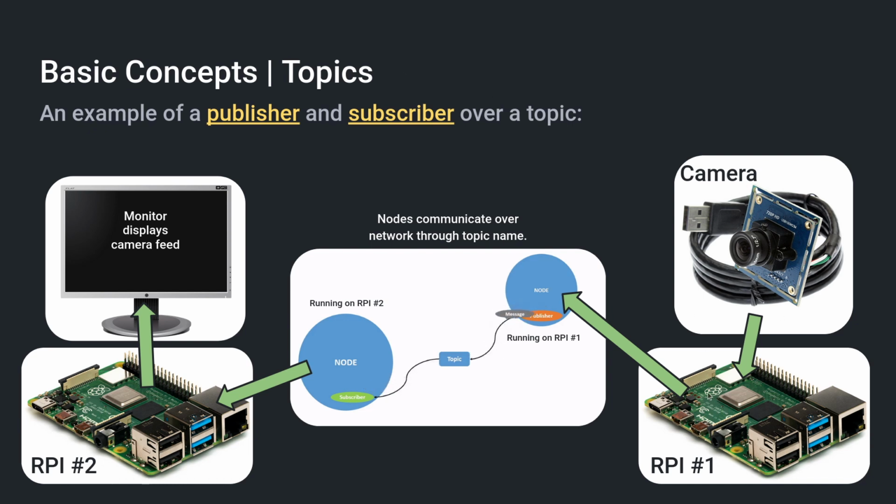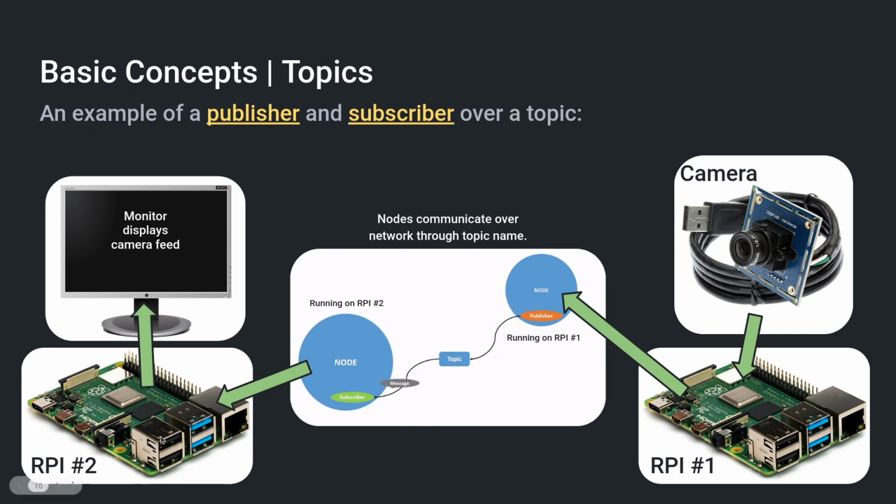The script or the program on the Pi would run. It would create a node and a publisher, and inside of that node would then read images from the camera and publish that data over the topic name through the network